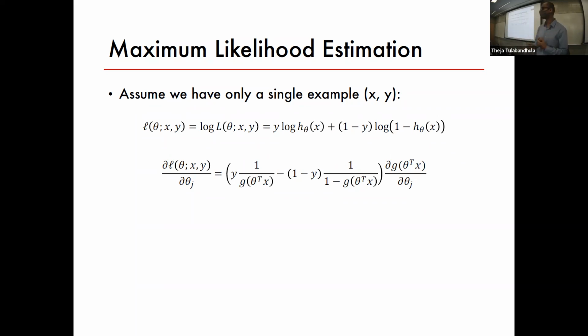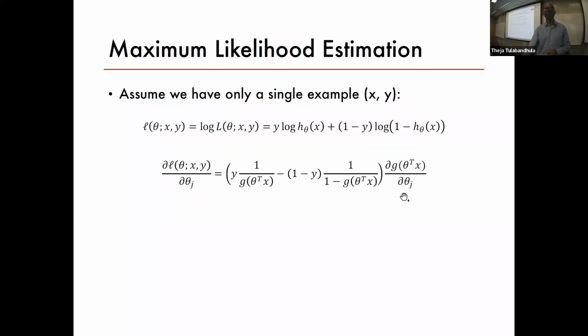For those of you, try to go back to your calculus refresher. The first term, y times log of something, is just y times 1 by the argument of the log function times the gradient of the argument of the log function with respect to theta j. Similarly, for the second term, it's the same thing, with the coefficient times 1 by 1 minus h theta. There's a minus sign because the gradient of this produces a minus sign in the front. So you can eyeball it. I don't want to spend too much time on this, it's just algebra here. So this is the partial derivative of the loss with respect to one coordinate.